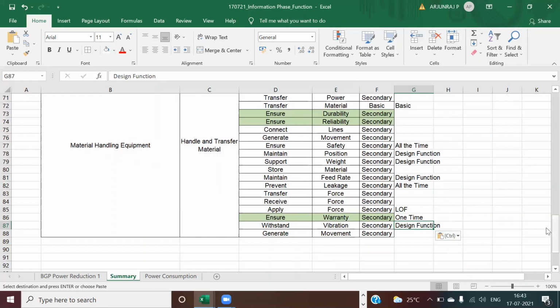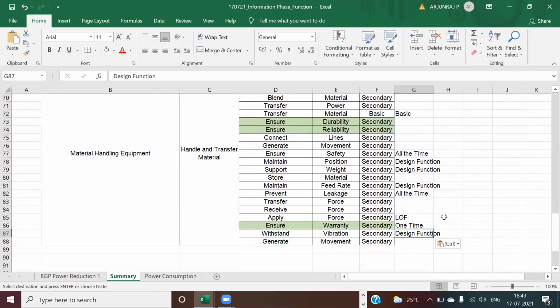Okay. Now I hope you understand what the design function is. Whenever it is related to noise, vibration, specification, shape, strength, even maintenance strength, those things can also be part of the design function. Even preventing leakage, even leakage has some value. It's also a part of a design function. But again, depending upon the context, we can put it either in the design function or the other function.